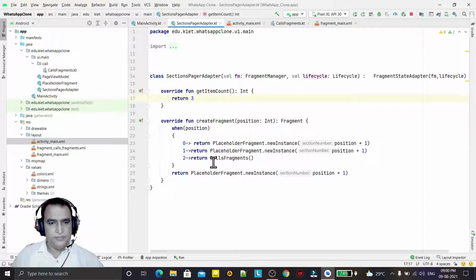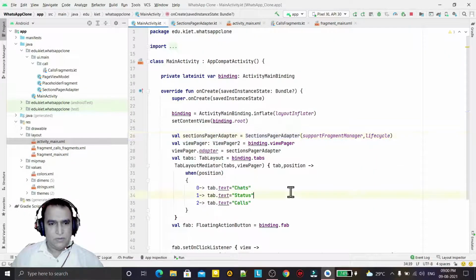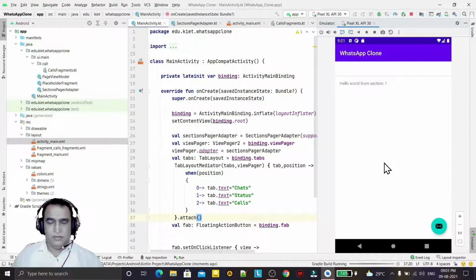I've written 3, written this one also by default, and return this also, the page view and adapter are also given, and this tab is also given, position is also given. Okay, we have to attach this also, because this way we will link this. Run again, then it will attach with the layout.